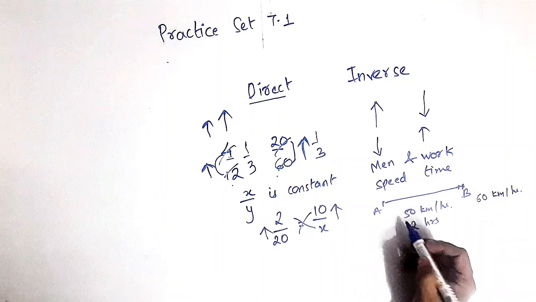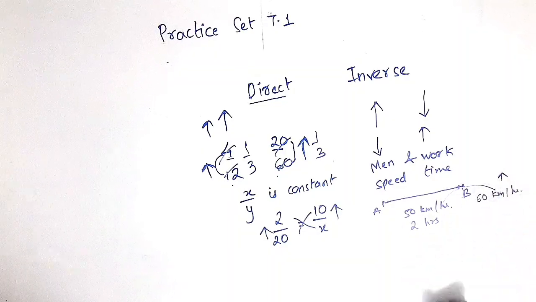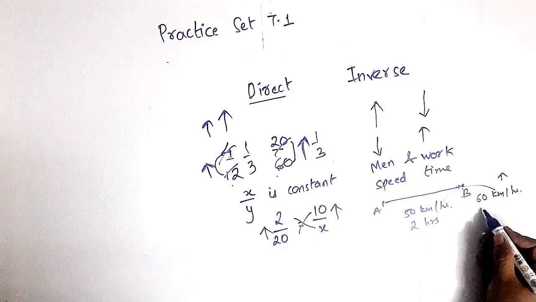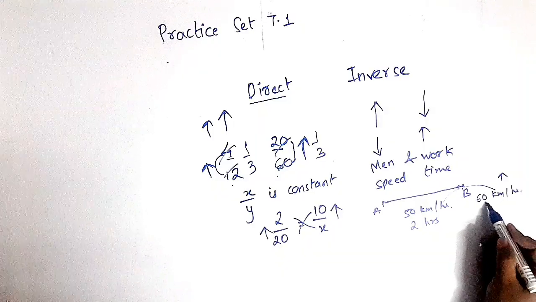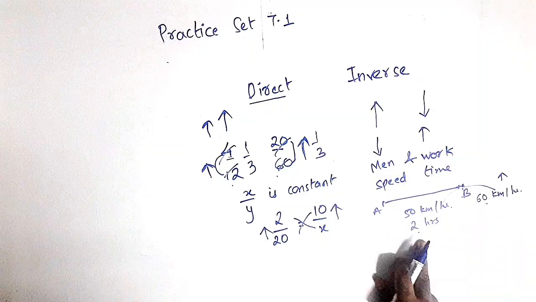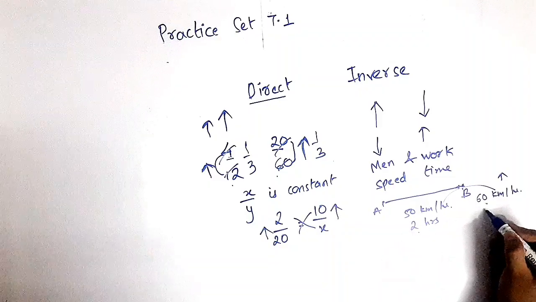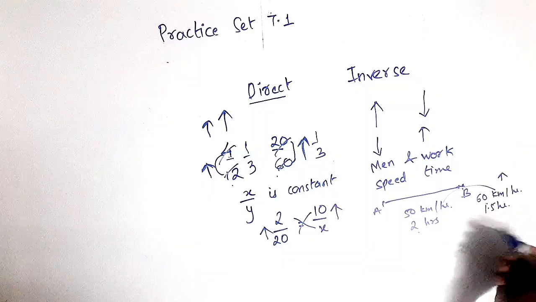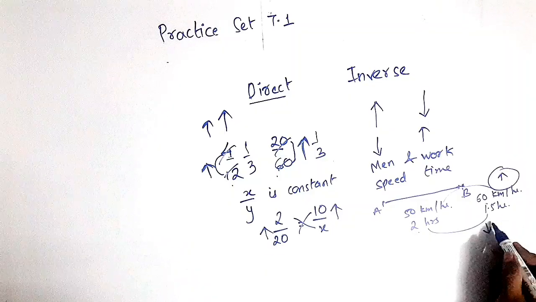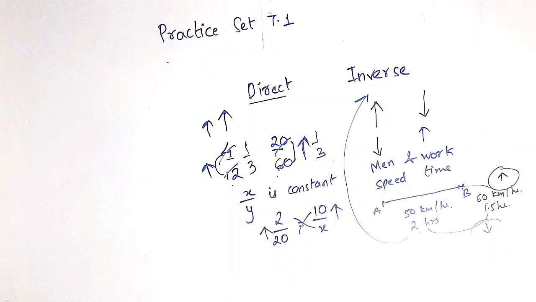Now here one quantity is increasing, the speed is increasing, so the time taken, 2 hours, will it increase or decrease? The time taken by the car will be less than 2 hours or more than 2 hours? Of course it will reach early because the speed is increased, so it will take less than 2 hours. Maybe it will take 1.5 hours, or we have to calculate it, but this one is decreasing. Here one quantity is increasing, the other is decreasing. Such an example is called inverse variation.